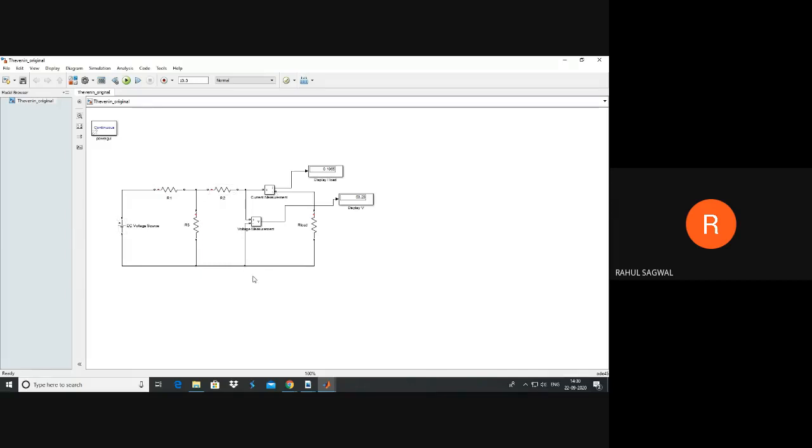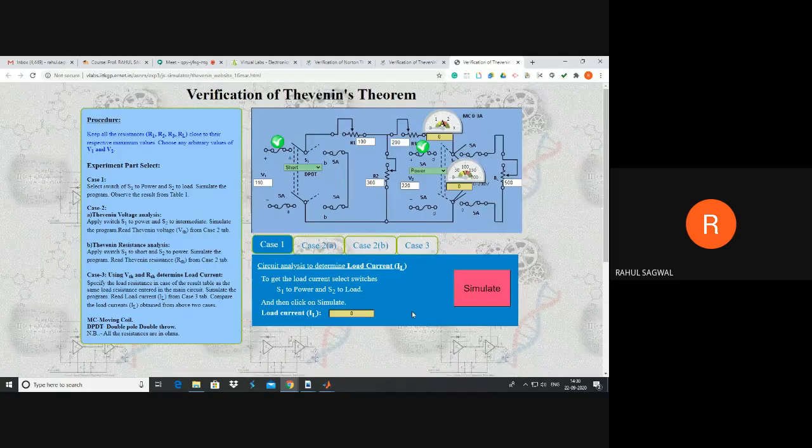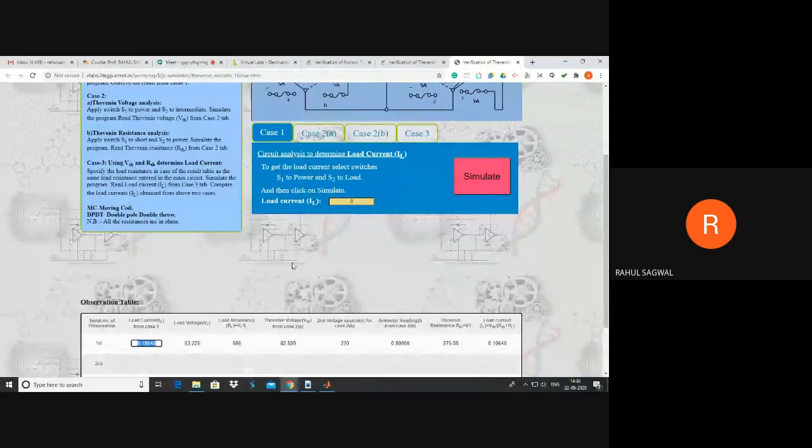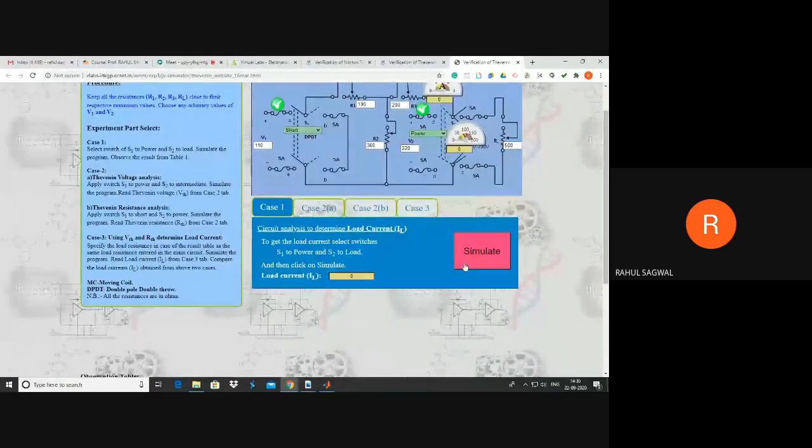So after simulation, it is showing that this much of voltage is appearing across this branch, 53.23, and this much of current is flowing in this particular branch and load branch. Basically, you can say this is your IL, the load current. What is the value? 0.1065. Go back to that simulation. 0.10645. Okay, so the same circuitry you have simulated there.